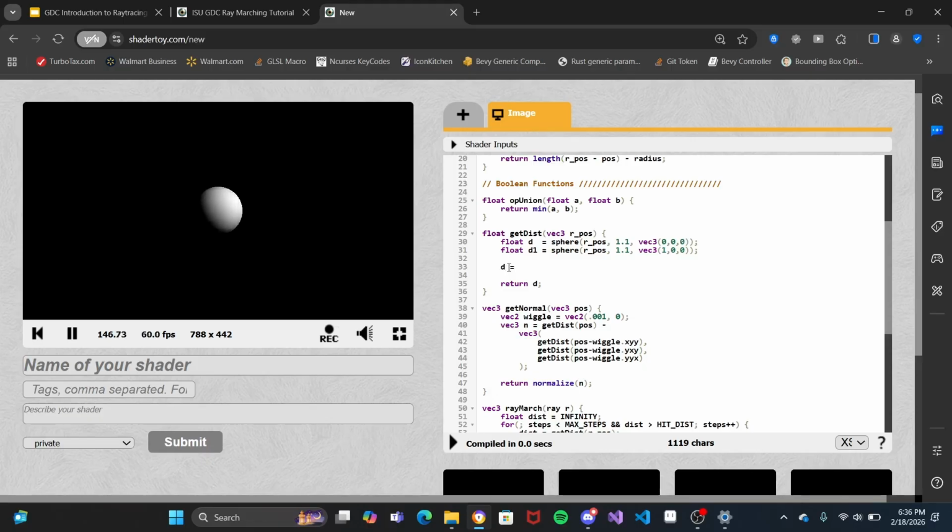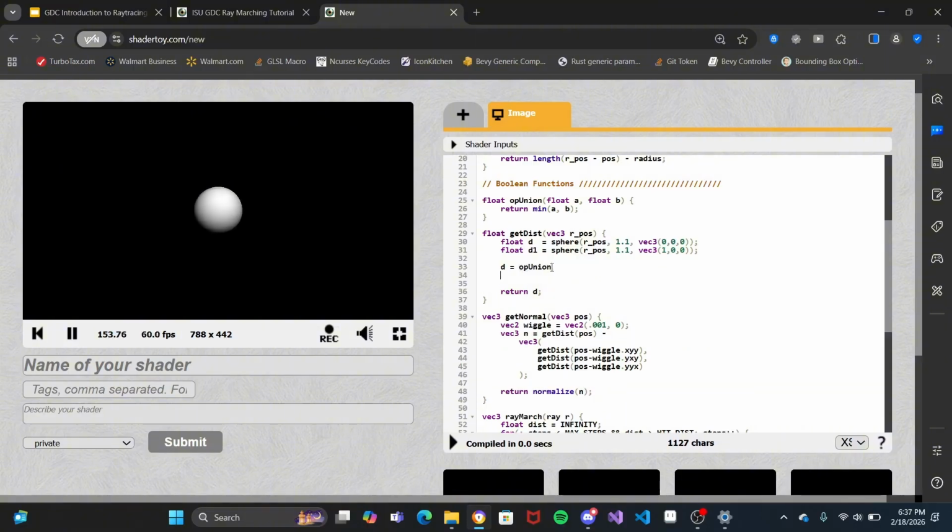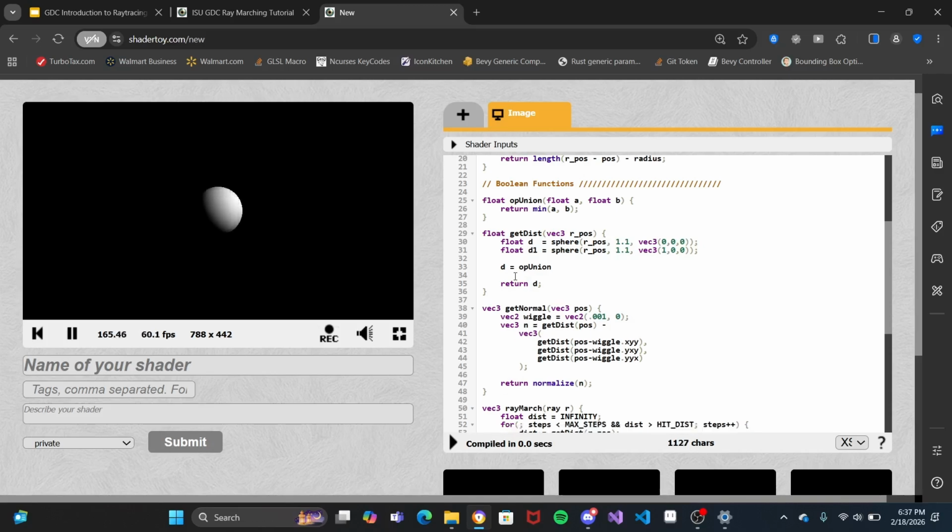So then down here we can do D equals op union. The reason we're calling it op union is because union's a reserved keyword in GLSL, so you can't use it to name functions. It'd be like naming a function float. And so op union, the first distance, the second distance, and now once we hit compile, you now see two spheres,